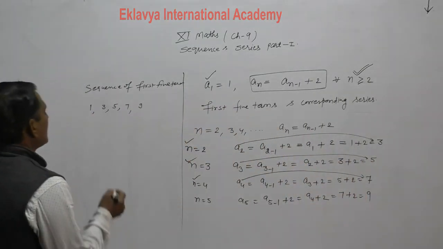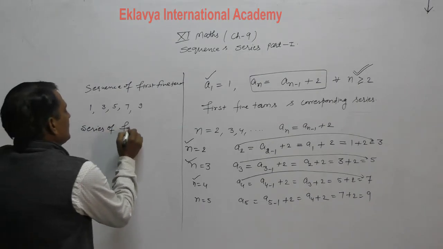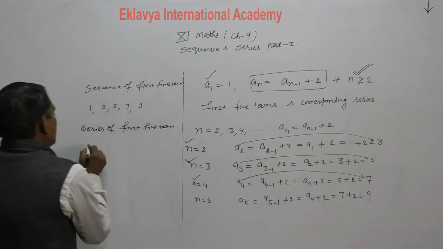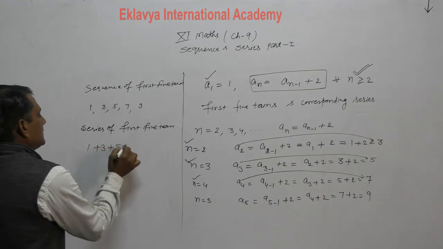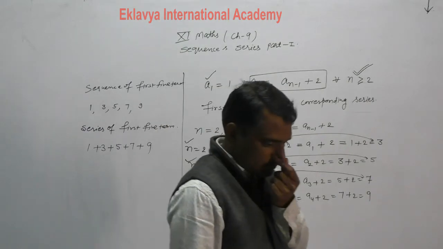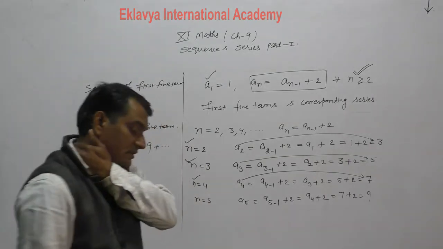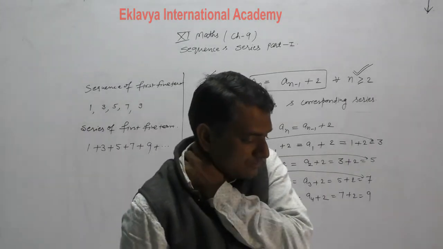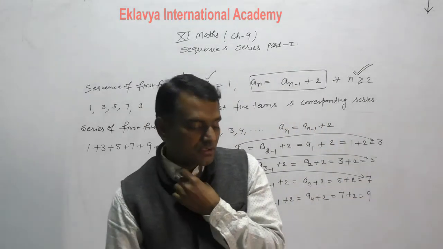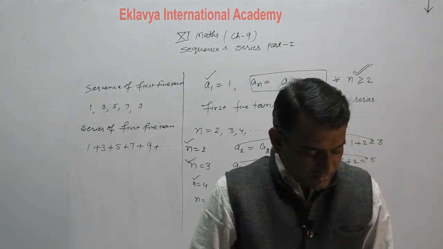Clear? Now the same for the series of the first 5 terms. How will we write it? Like that. If nothing is there, then they will consider it as a plus sign. Clear to everyone? And the plus is there, dot dot dot. This is the system to describe it in a proper form. The series is an infinite series, and you keep placing and calculating. The series will go on to an infinite number. Okay?